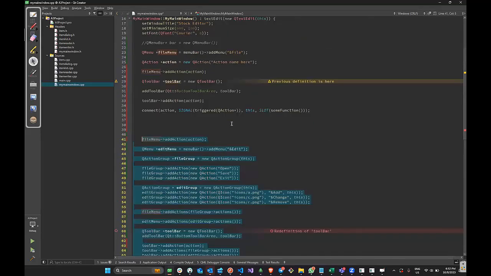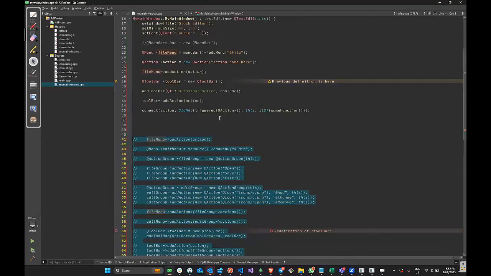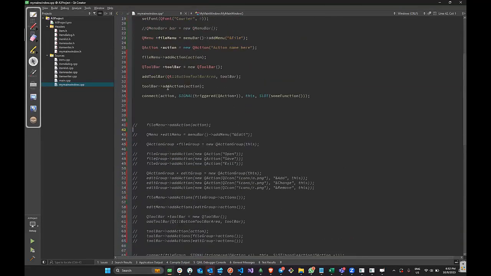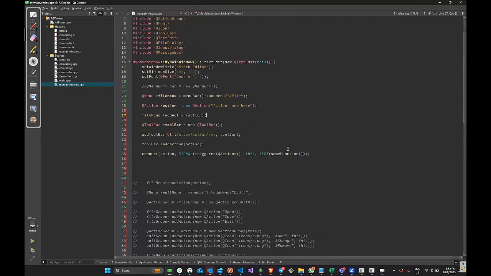comment out all of this. For instance, just comment this out. And where's our function to add toolbar? Oh, there it is. Yeah, we can just comment this out, and you've got this to play with. So if you run this now, you just see that we've got one action, one thing everywhere. So it allows you to play with the code, see how it works, be comfortable, and then you know exactly